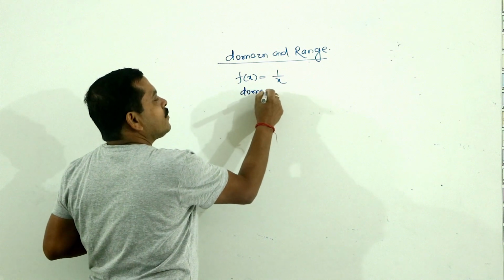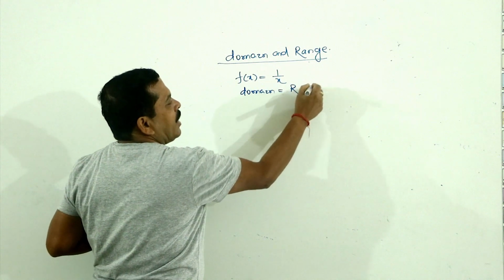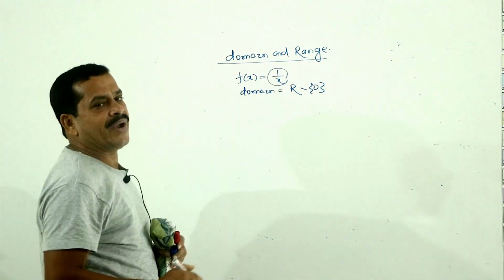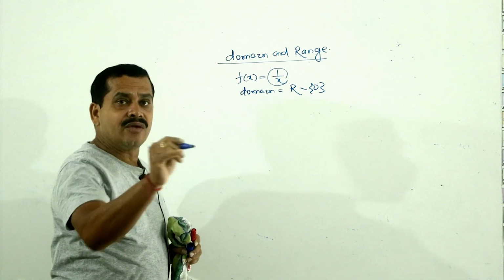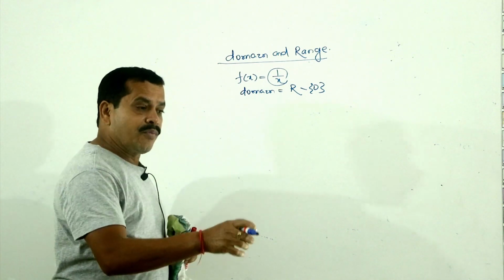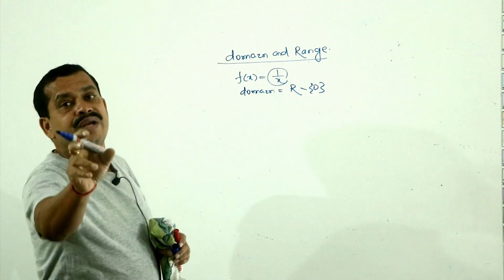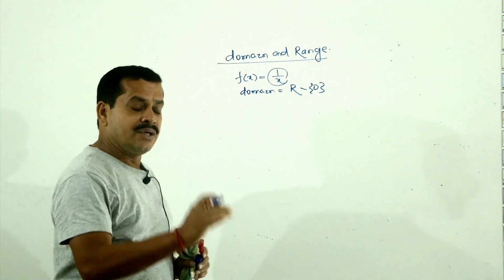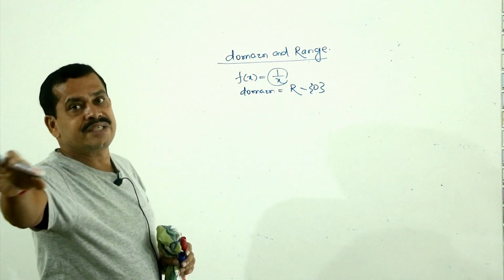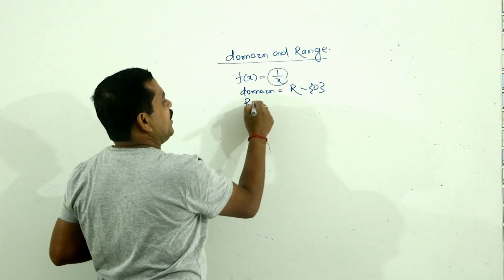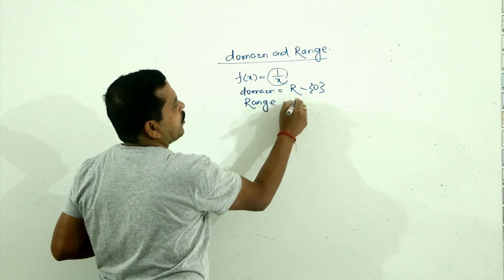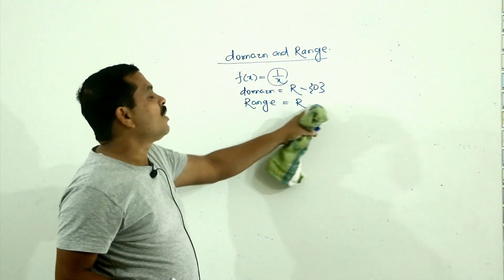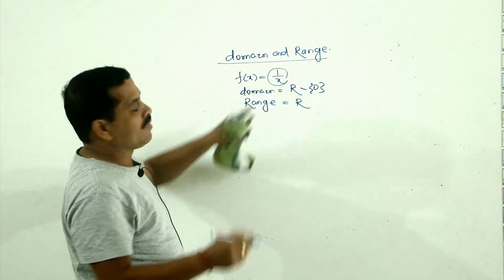So its domain will be all real numbers except 0, because for 0, 1/x cannot be defined, so 0 cannot be included in the domain of the function. The input for which f(x) is meaningful is known as the domain, and the outputs are called the range of the function. For values of x, the output of the function is known as the range, and the range will be all real numbers. So its domain is real numbers except 0 and range is all real numbers; it can be negative, it can be positive.